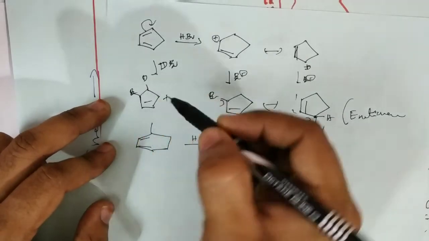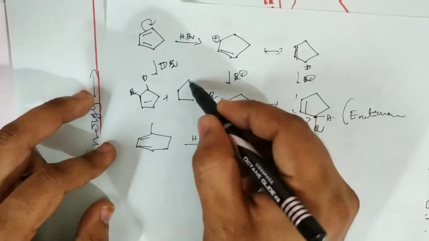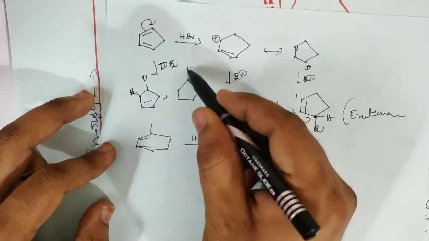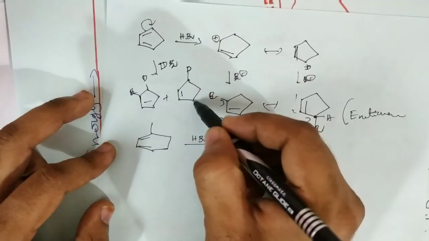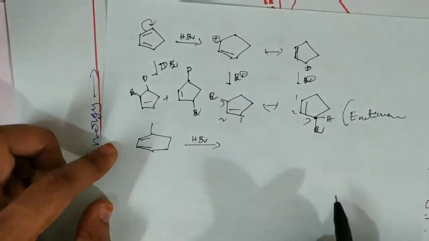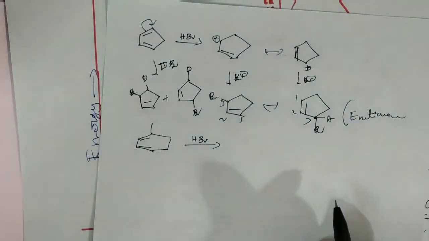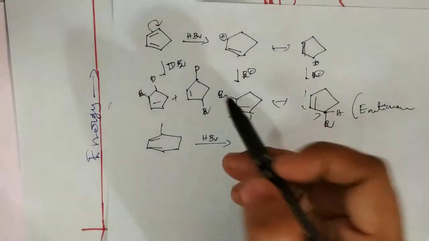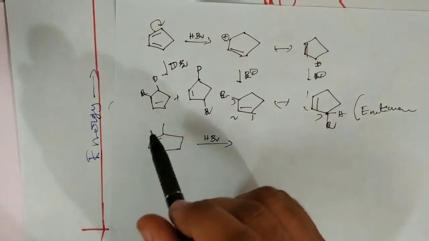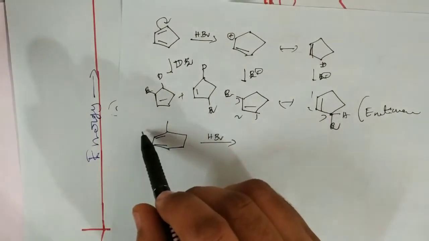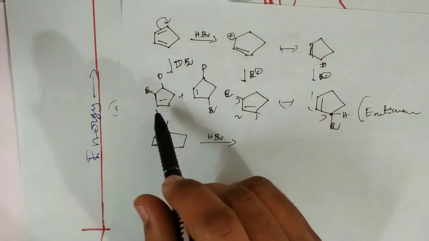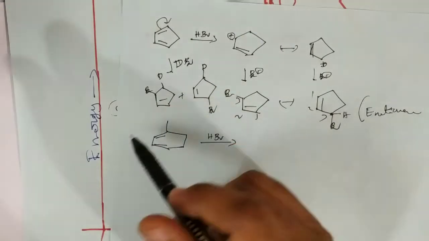This is the 1,2 product, and next one, this is the double bond, here Br. That is a 1,4 product. Of course, in this case we can say, based on the same number of alpha hydrogens, that at a high temperature the 1,4 product is major, and at low temperature the 1,2 product is major.